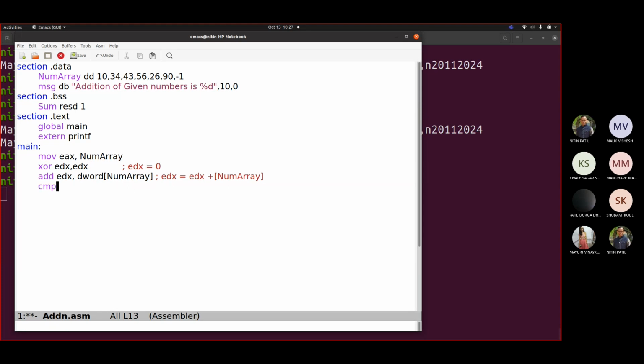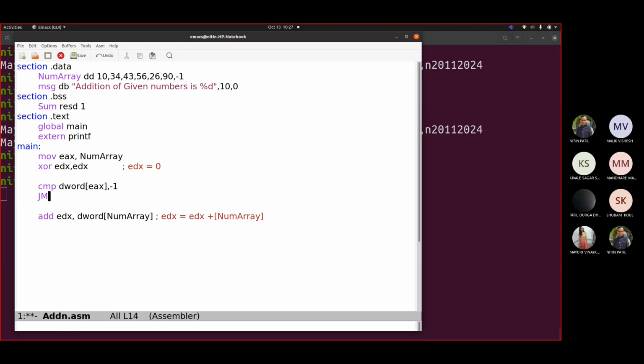So cmp dword of ecx, -1. So if it is -1, first of all you would be checking that one. So if it is -1, then you have to quit from the program.